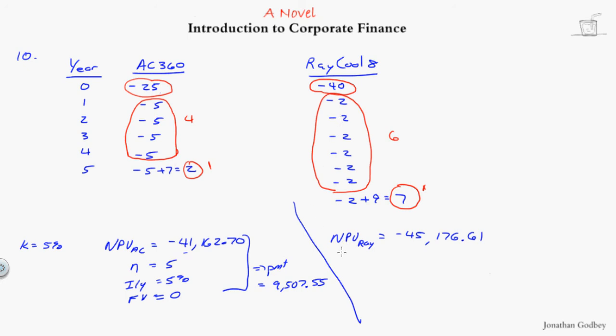Let's look at it over here with the Raycool. You don't care if you make these payments, these cash flows right here, or if you write this one big check for $45,000, or if you wrote the same check every year for 7 years. So n is equal to 7, I/Y is equal to 5%, future value is equal to 0. Plug this in, my payment is equal to